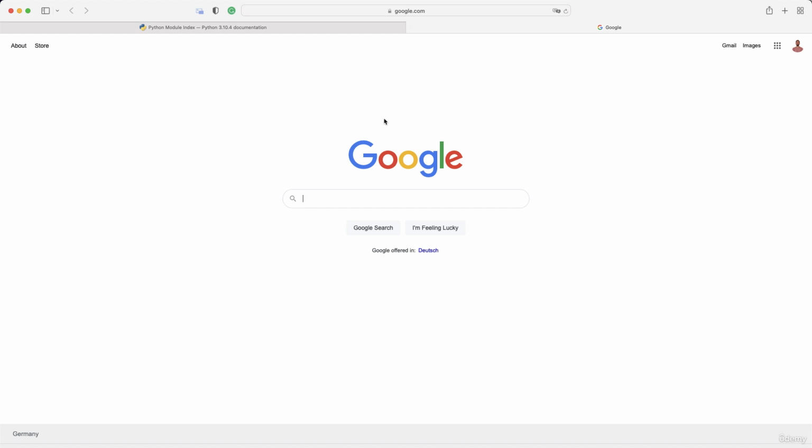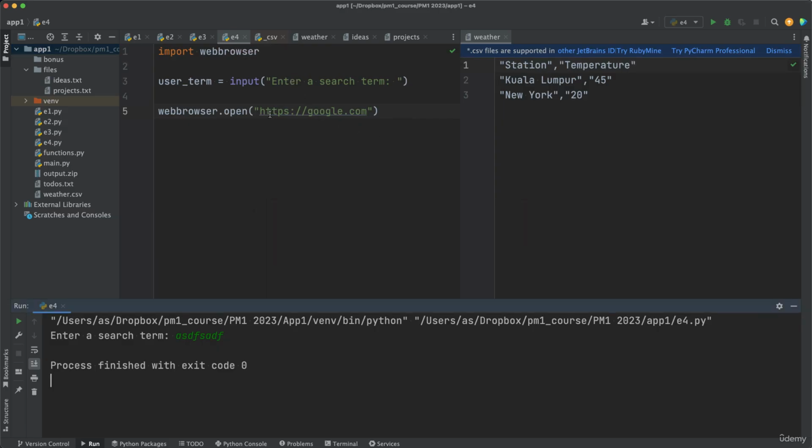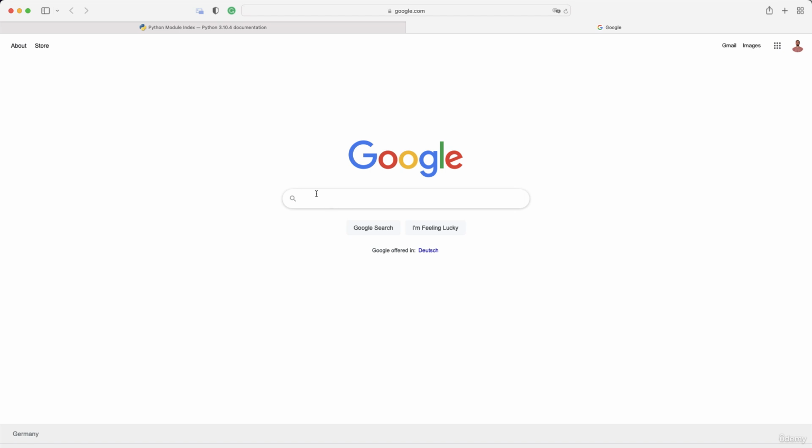You see google.com because that's the URL here. But now we want to integrate the term of the user. We want to integrate it with the URL so that here in the search box